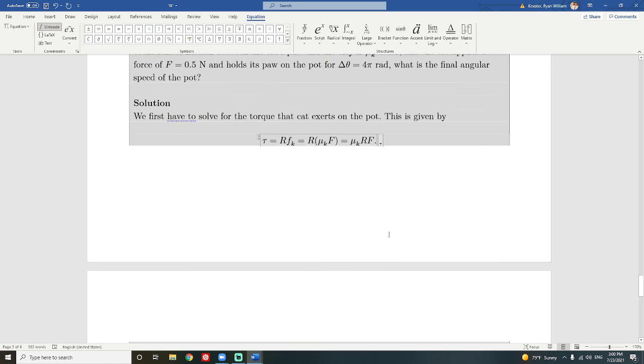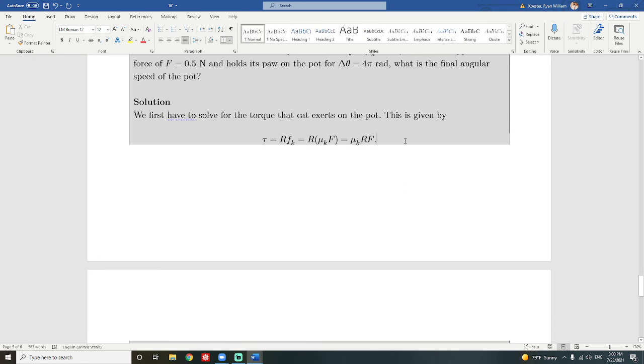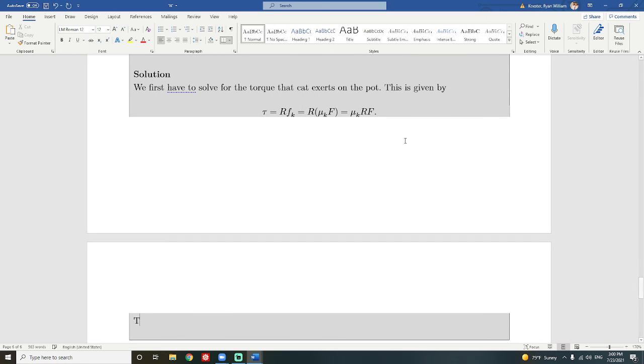Okay, so then the rotational work done, this is actually the net rotational work, right? Because we just said that there was no other torque acting on this thing. So the net rotational work done